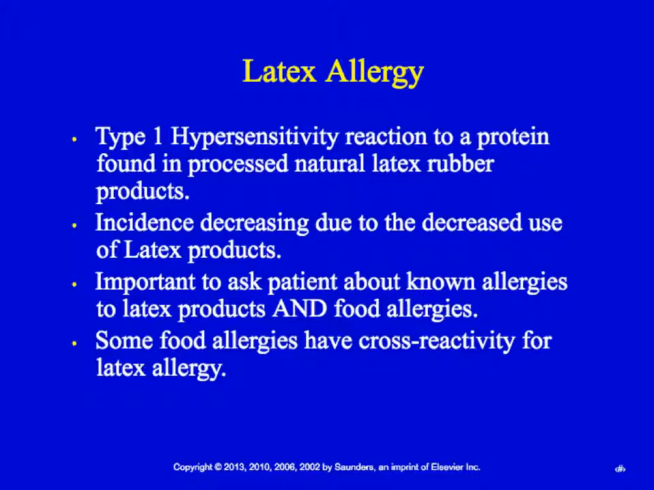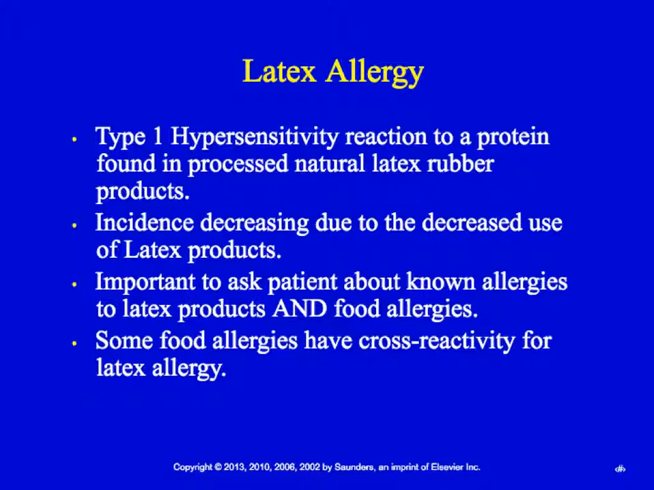The important thing to know about latex allergy is that not only do you need to ask them if they have any known allergies to latex, but there are some food allergies that can cause cross-reactivity. So if they're allergic to a certain type of food, you could also be allergic to latex. So it's important as a nurse to understand this. Apparently, it's due to the protein. The protein that is found in latex is actually in certain foods. Those foods include banana, kiwi, papaya, avocado,